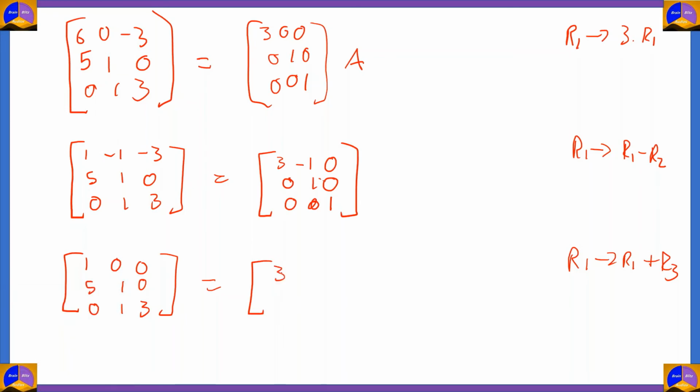So 3 plus 0 is 3, minus 1 plus 0 is minus 1, 0 plus 1 is 1. Then we have 0, 1, 0, 0, 0, 1 times A. Don't forget to write the times A. Okay, so